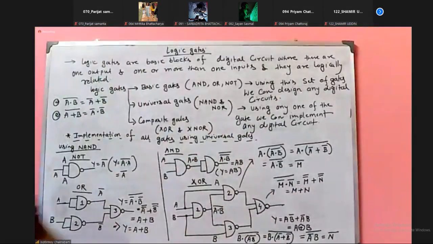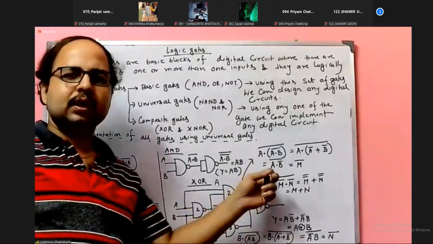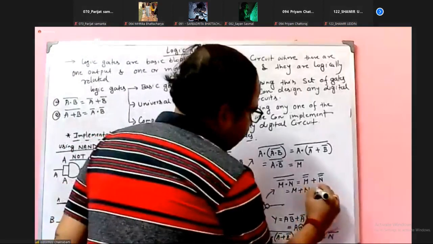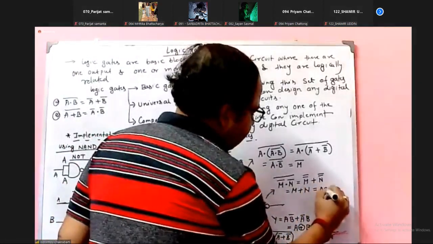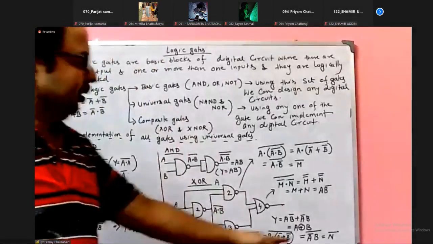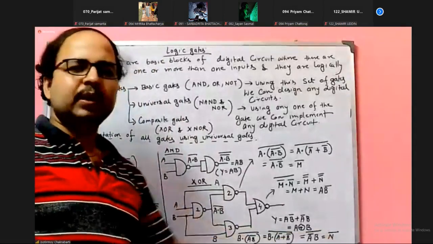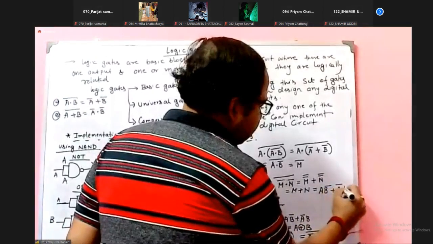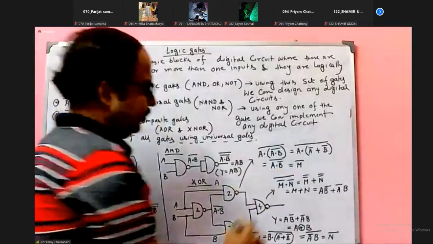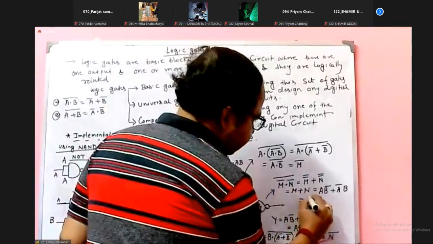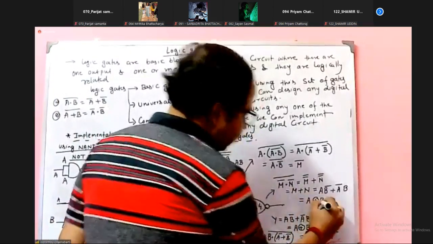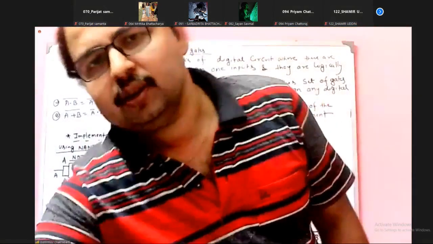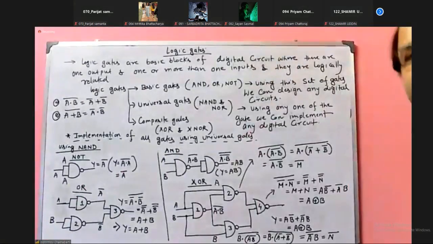ঠিক আছে, এখন m কোনটাকে ধরা হয়েছিল? a plus a into b bar. n কোনটা ছিল? n a bar dot b. So what is that? That is equals to XOR. So this is the function of XOR gate. ভালো করে লিখে নাও এবং বুঝে নাও। এটা আমরা অনেকবার ইউজ করি।